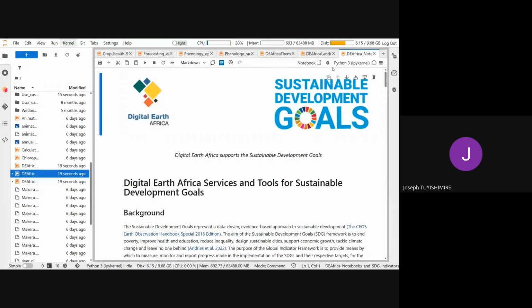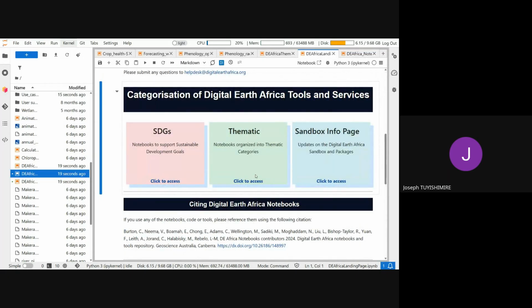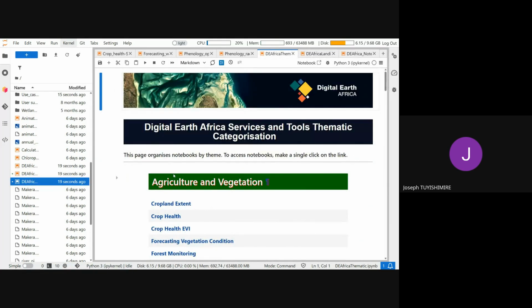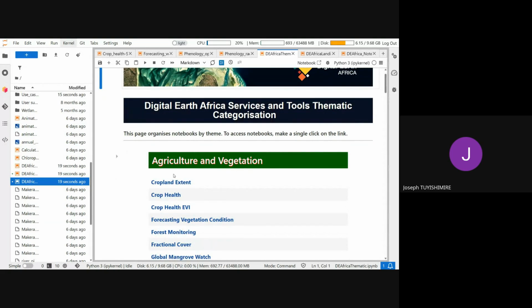And also, we can see on the right page, our notebooks are grouped by themes. Someone maybe not aware about SDGs, but he wants to know what tools help me to monitor crops and the vegetation in general.